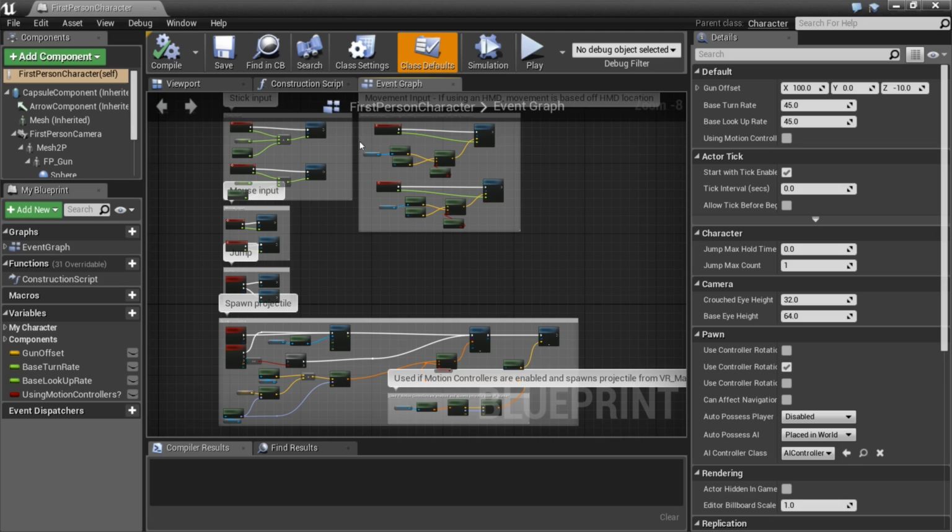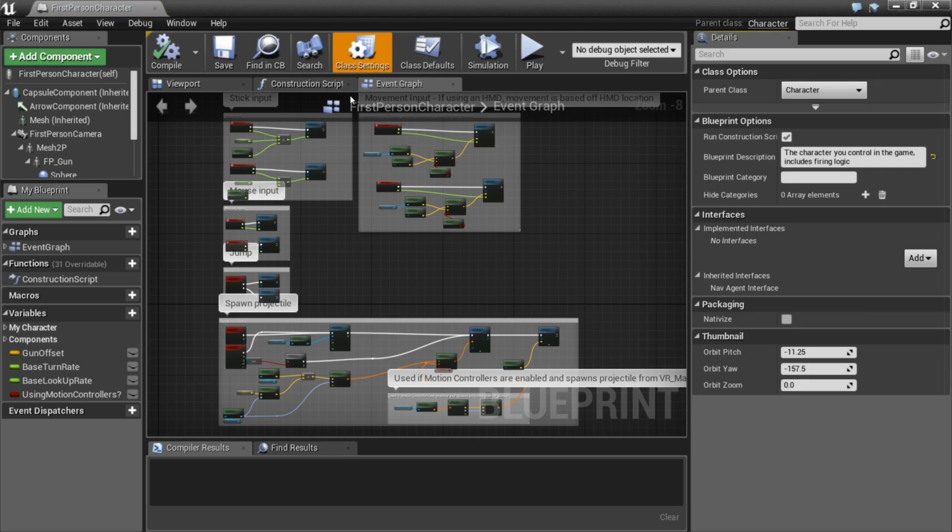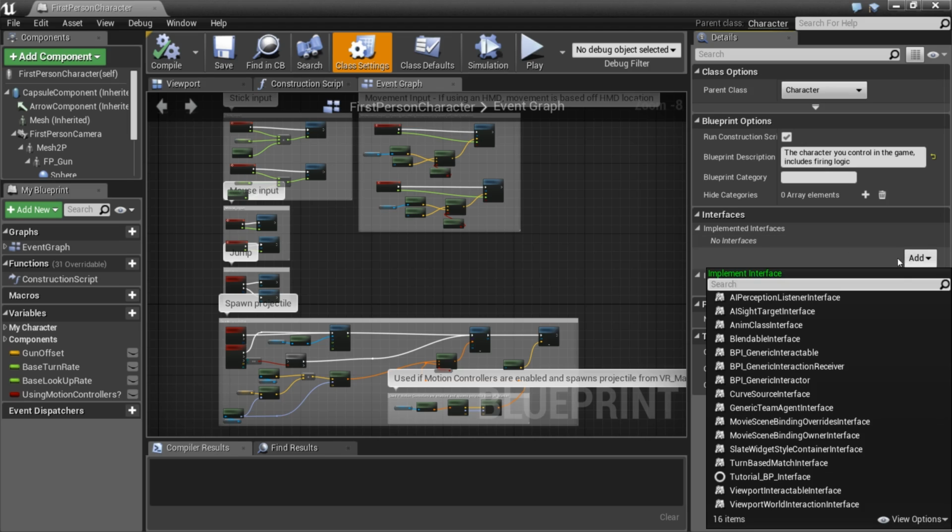First thing we're going to do is go to our class settings. In our class settings on the right, you will see an interface list. An interface lets blueprints communicate with each other without knowing the full internals of a blueprint. I'm not going to be covering exactly what an interface is here, but one is provided that you do need to implement. In order to add the generic interaction component interface, simply click this Add button,